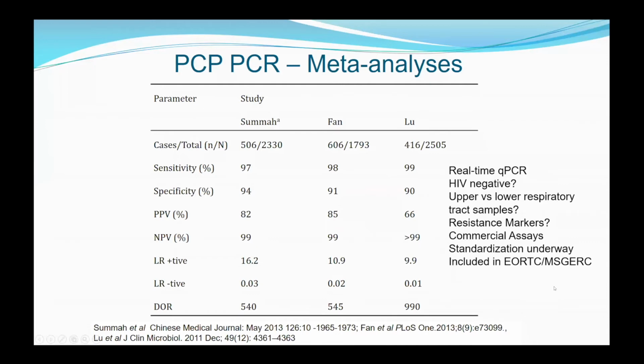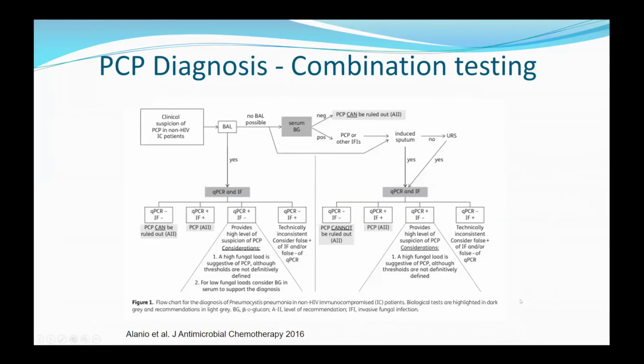Standardization is underway, and it is included in the ORTC MSG definitions for the diagnosis of PCP. But going back to that combination testing, I would recommend that we combine qPCR testing primarily on BAL, but if not, you actually use a serum beta-D-glucan test and combine that with qPCR on upper respiratory tract specimens. In doing so, it allows us to both confirm and exclude the diagnosis of PCP without the need for